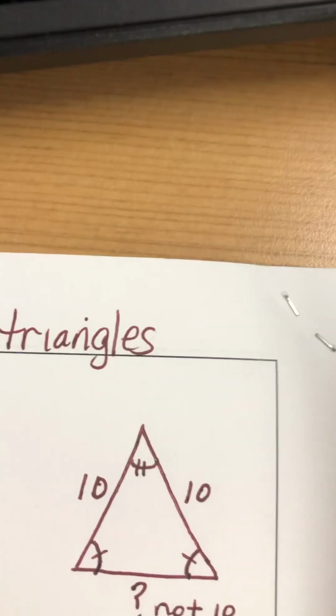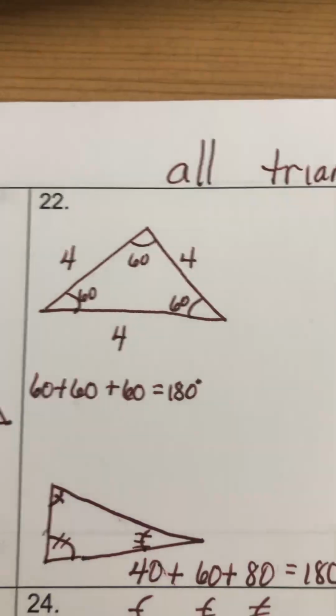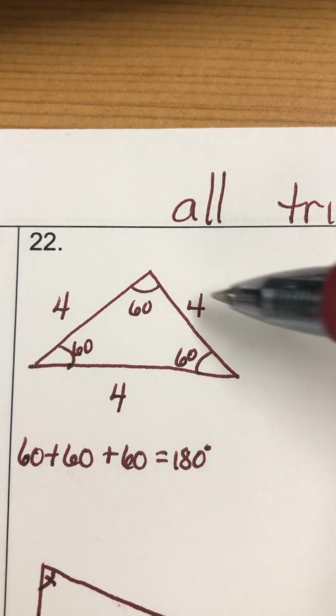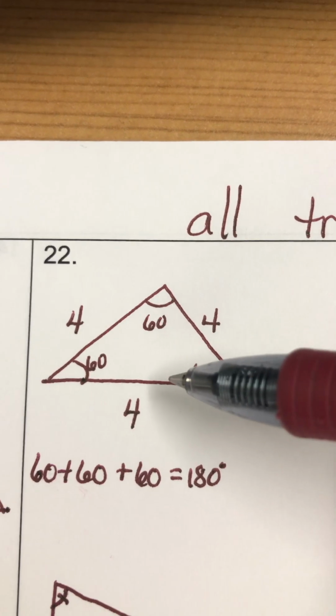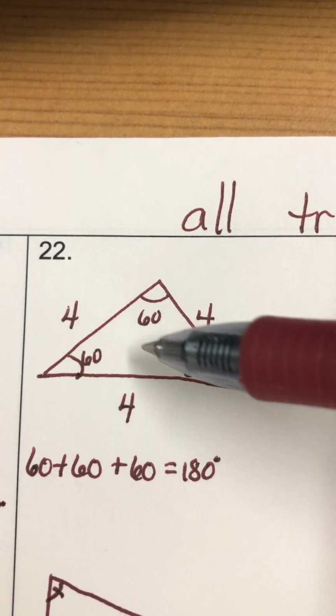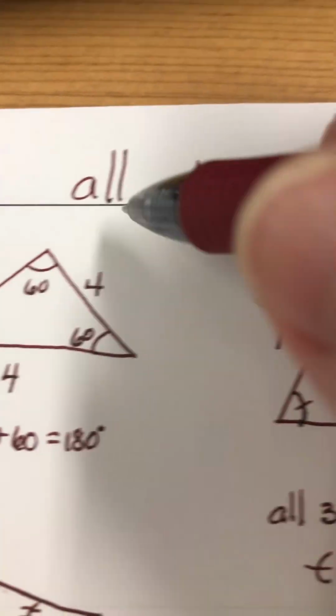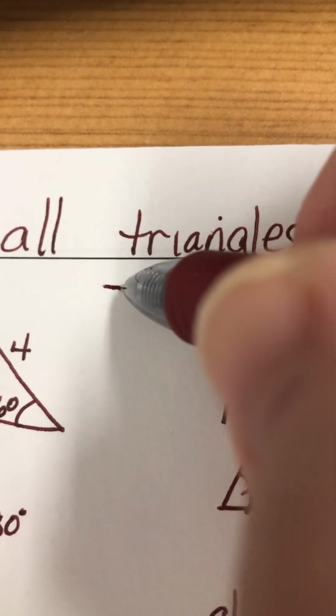Okay, we're going to talk about triangles and some things I want you to be aware of. Here's a triangle where all the sides are the same. And if all the sides are the same, then we can assume that all the angles are the same. So keep in mind that all triangles, their angles have to equal